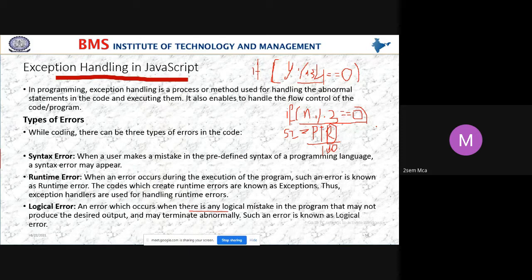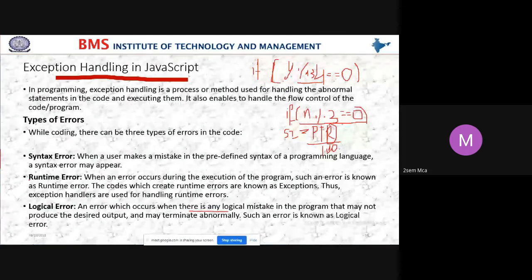And here I want to calculate the simple interest value, then the standard formula is PTR by 100. I have to follow that formula only. If I change anything, then according to the logic, it will not be correct. So when we make such mistakes, the program will not produce the desired output, and it may terminate abnormally. Such an error is known as a logical error.